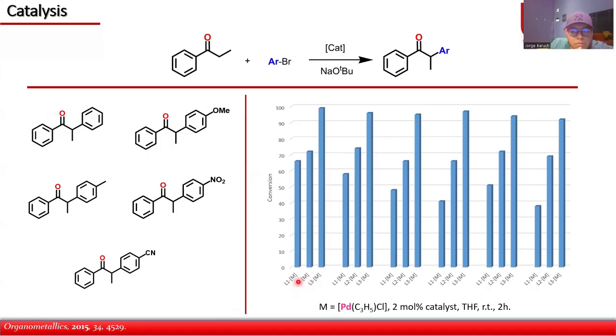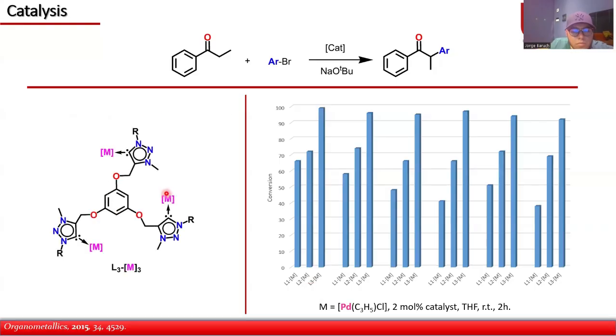The ligand that has 2 metals increases the yield over 70, but the ligand with 3 metals, which is this one, can go almost up to the point of quantitative conversions, right? And this is actually the very same behavior that we have in the several derivatives that I have shown you before. You can observe that the ligand with the 3 metals is the one that